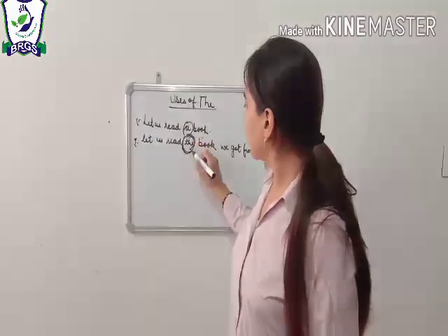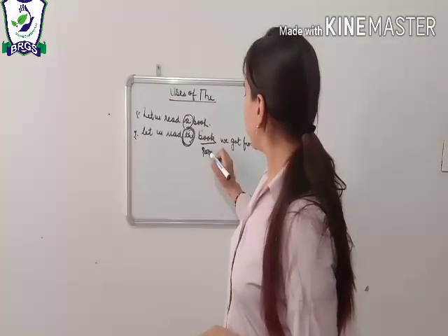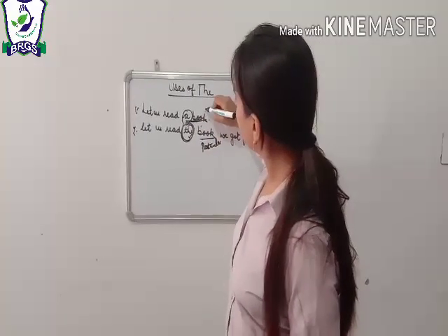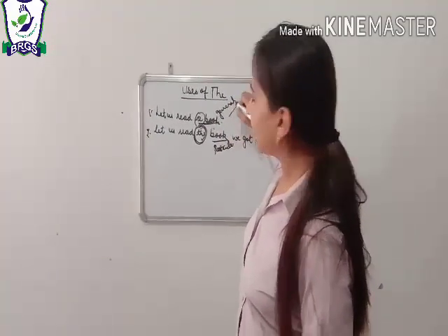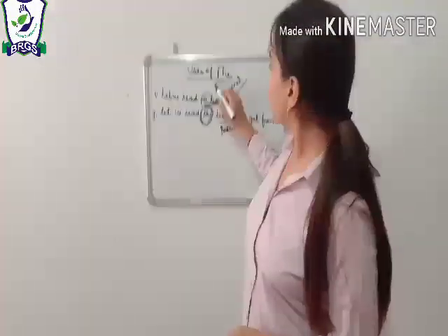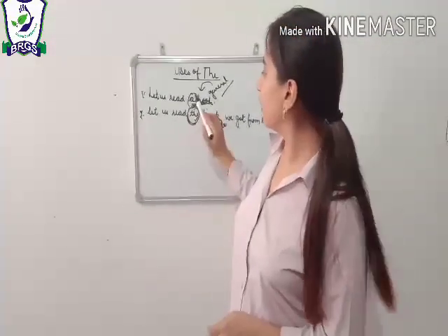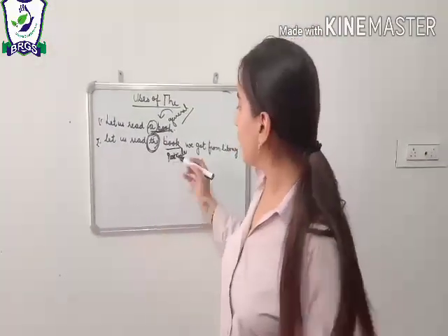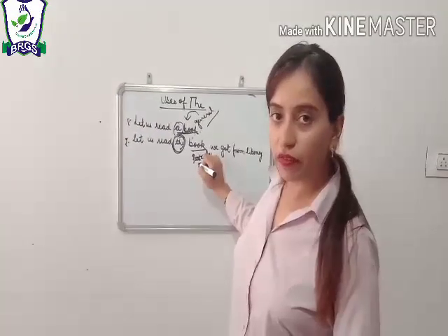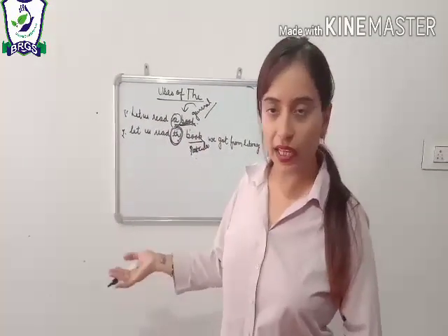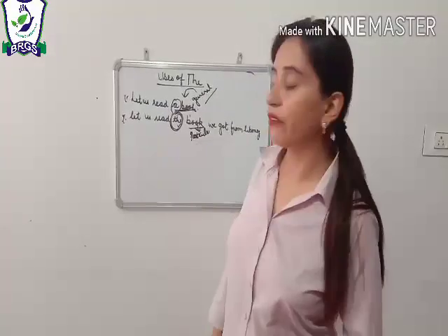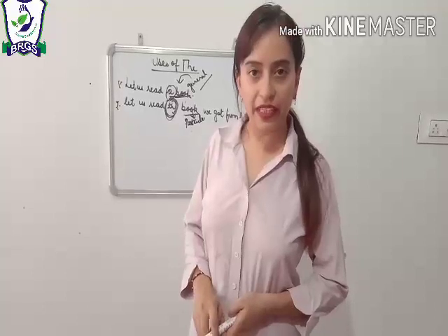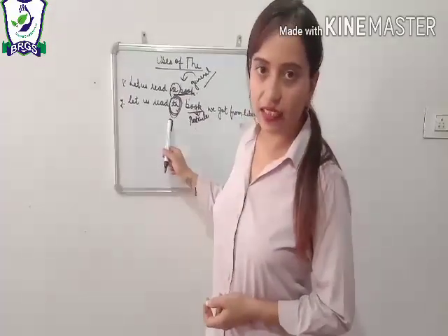So here this book is the particular book, and this book was a general book. For general things we use the indefinite article because we don't know which book we are talking about. But here we know which book we are talking about, the one we got from the library. So it is a particular book, and with particular things, the article that is used is the definite article, and that is the. Understood?